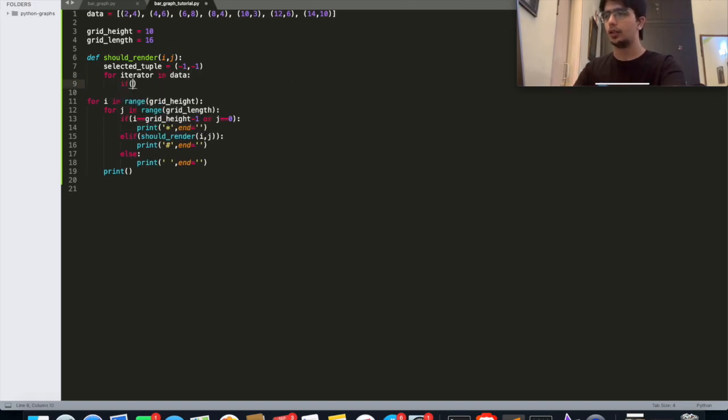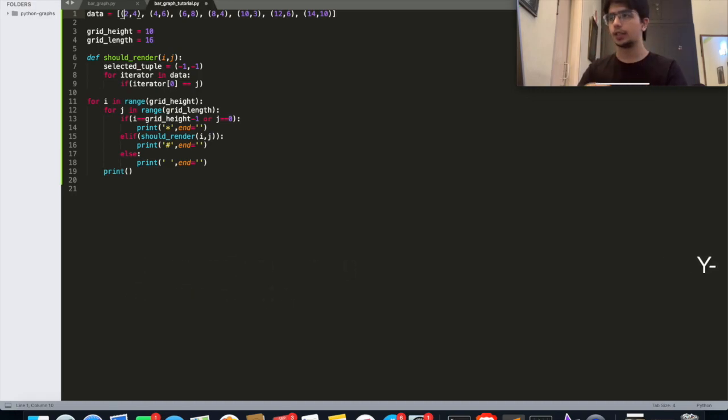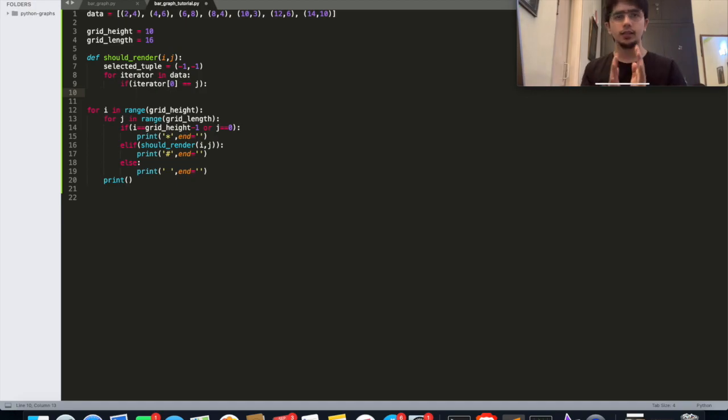If iterator of 0 is equal to j, so if you check this out, (2, 4) means x-axis 2, y-axis 4. So y-axis corresponds to our i and x-axis corresponds to our j, like we'd done earlier. So if iterator 0 is equal to j, that means now we are in a column where the bar will be present.